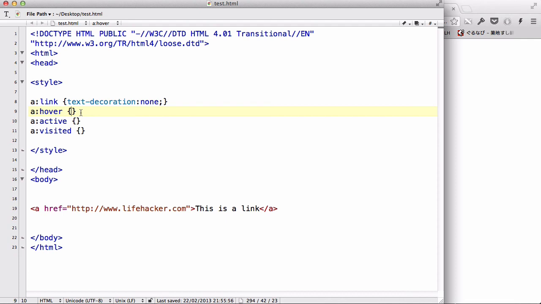So when it's a link, we have a text decoration of none. When it's visited, we could have a text decoration of none, and only when it's in the hover state and the active state